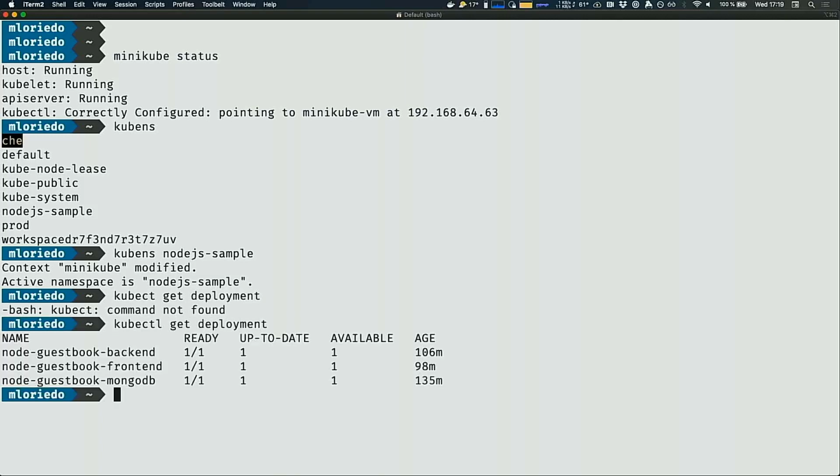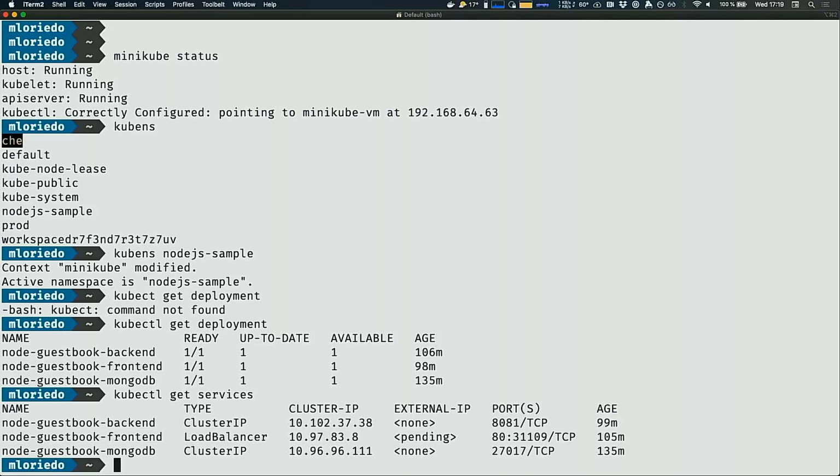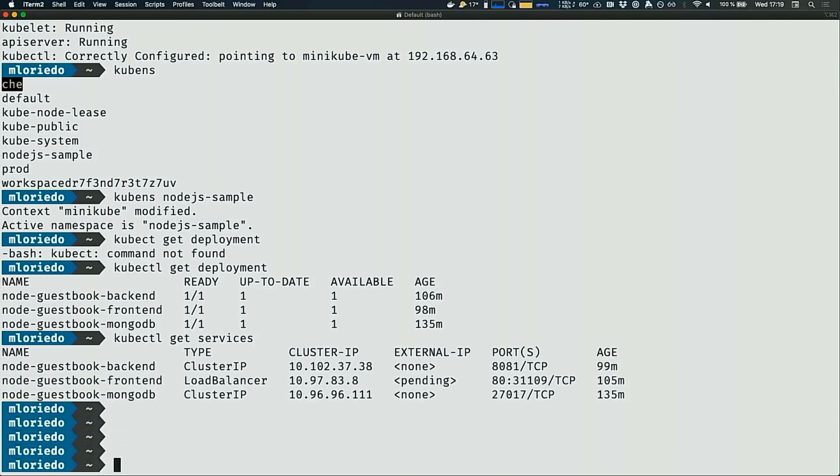You see I have my 3 deployments here, and I have my 3 services here. So that's just deployed it here. So the goal will be to inject this application, all the 3 components, inside the Che workspace. We're using exactly the same YAML.